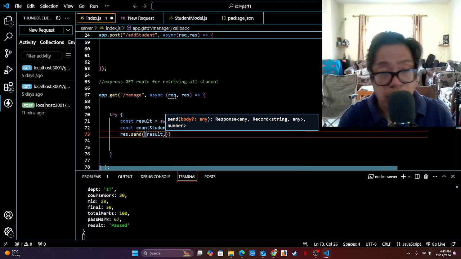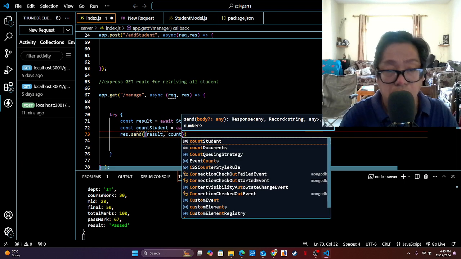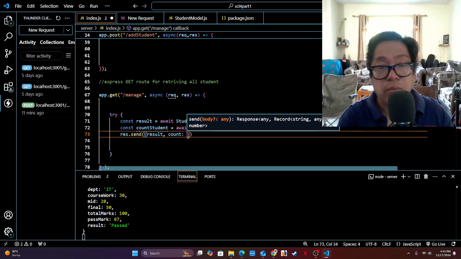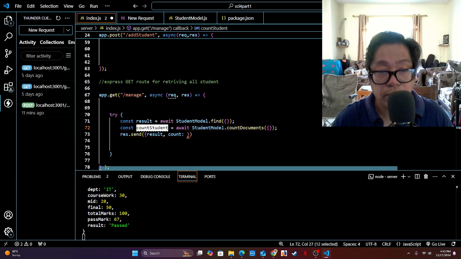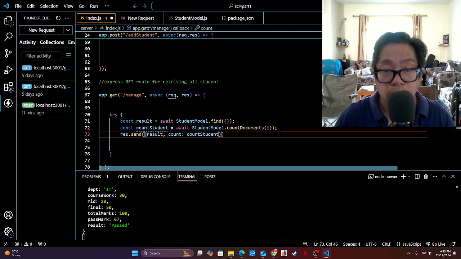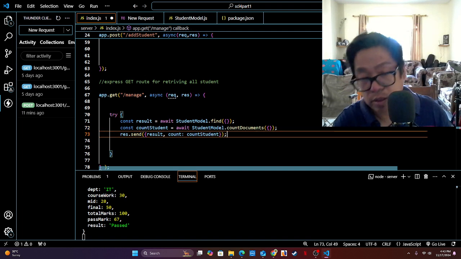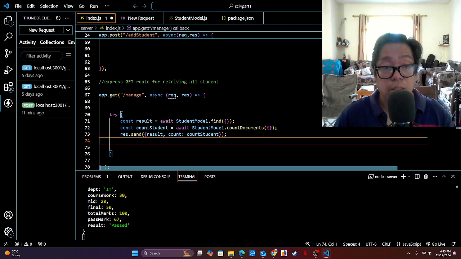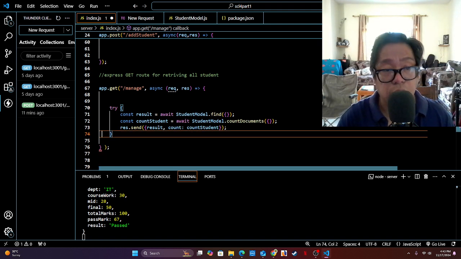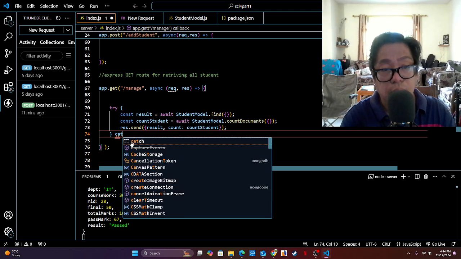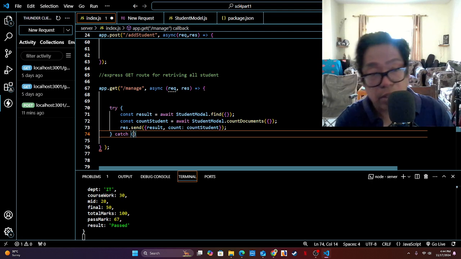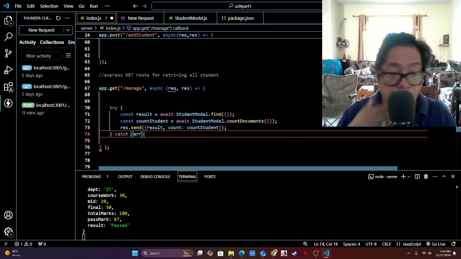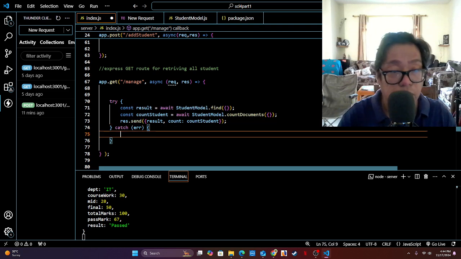Maybe later, this variable result, and we will count that one, and I'll just use the function which is a count student later. What is that name? Count student, this one, right? Okay, we will count that student and terminate this one. We'll see the result, and then just in case we have some error here, probably we will try catch over here with an error, and of course definitely this will be an error,